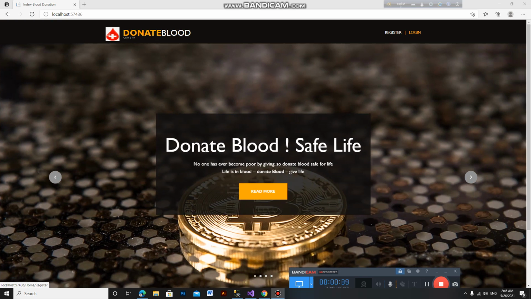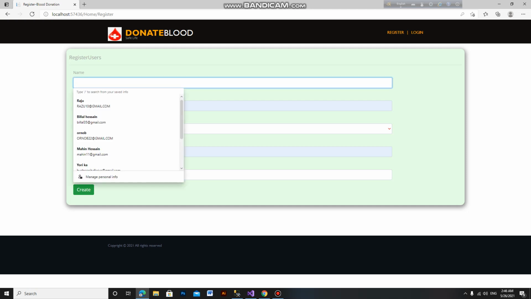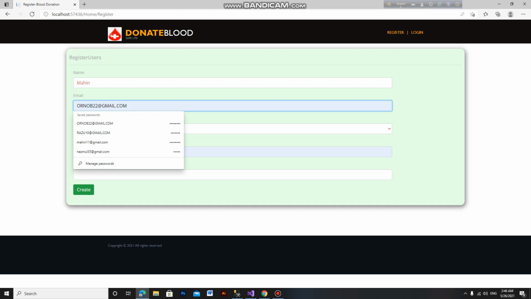So go to the registration page. First of all, people register here. People input details, name Mahin, then he inputs his email and selects user type.